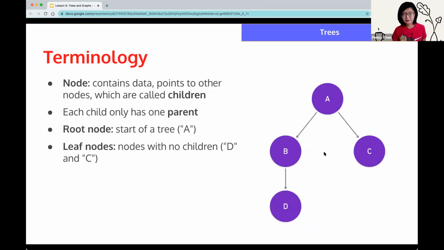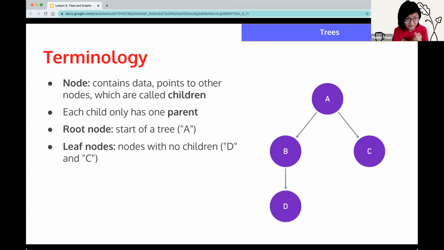So now that we've walked through the different examples of a tree and why we may want a tree, let's talk a little bit more about the tree data structure itself. Let's go over some of the important terminology that's useful for understanding trees and also probably useful for talking about trees in interviews when they come up.